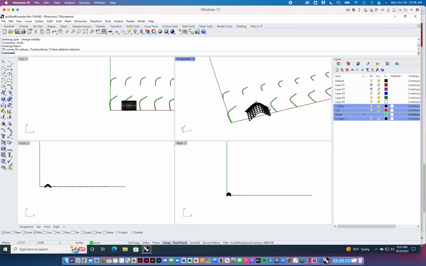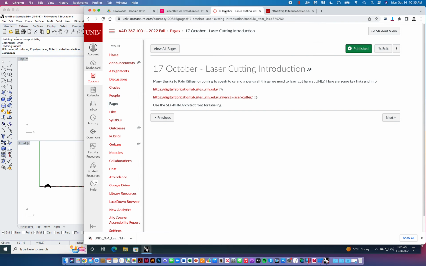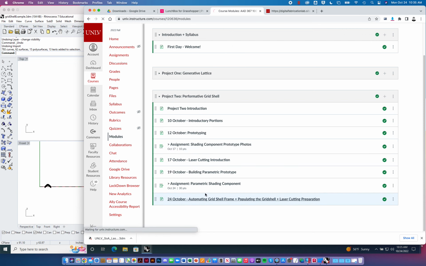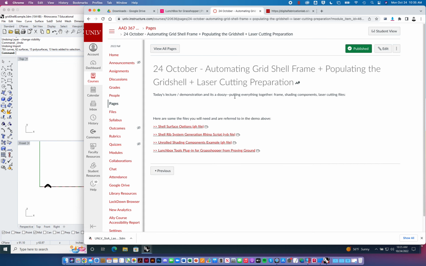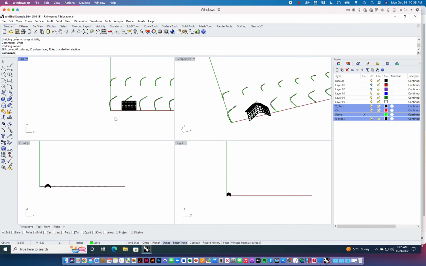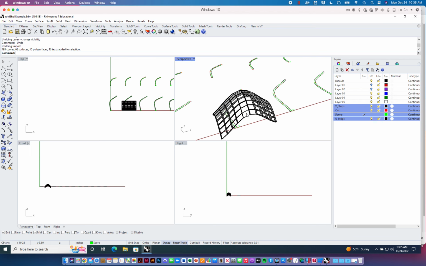Okay. Let's just be methodical here. Back to Canvas. I'll post this video here as soon as we're done. Unrolled shading components example. All right, I'm going to go ahead and open that up so we can take a look at that. Or actually, I think I just posted that so you can see it. But let me just show you first what I'm going to do here, right? And I'll just do basically the same thing I did the other day, which is